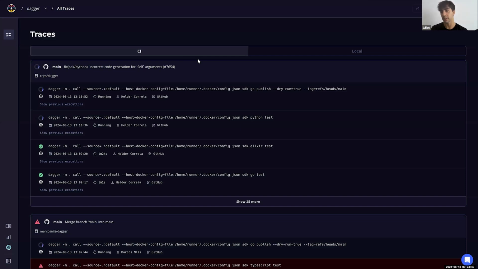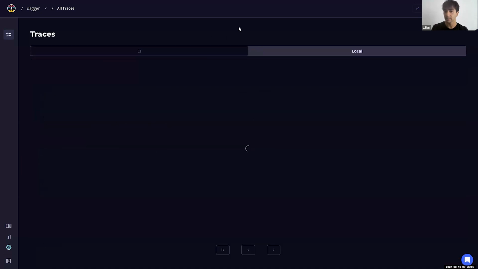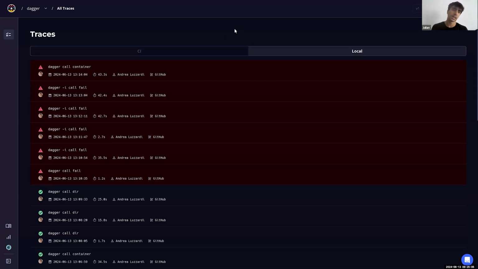So in this view, you also see that we have two tabs, which are distinct. This is the work that Andrea helped us to make in the engine, which also came with its caveats around rotating tokens and everything for authentication, which is basically sending local traces. So instead of sending groups from your PRs by basically checking out a point in your repo and executing functions,